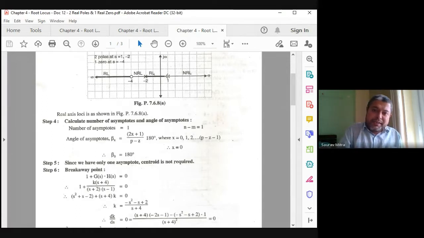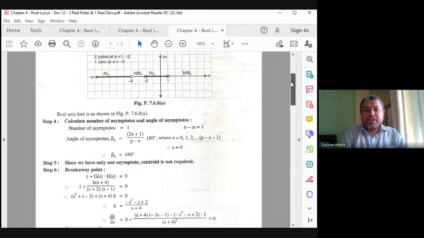So this 1 comes to minus 0.83 for certain gain, then it goes up and then it comes to minus 7.13 and then it goes inward and joins to minus 4. What happens to this 2? Minus 2, then it comes here minus 0.83, then break out, break away, then it comes and joins to minus 7.13 and from minus 7.13 it goes away towards infinity.